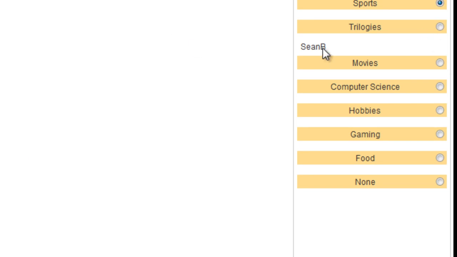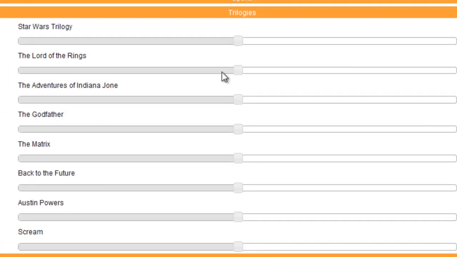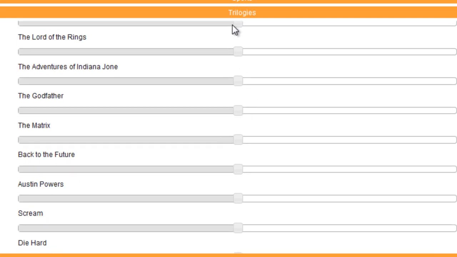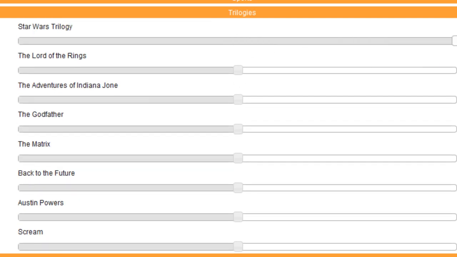So if he's in Trilogys, and there's 5 other people logged in and in Trilogys, what it would do is look at my Trilogy scores, which are all 3 because I didn't rate any. But if they were all 5, I love all Trilogys, they're all awesome, then it would reflect that in people with 5s in their Trilogys. And